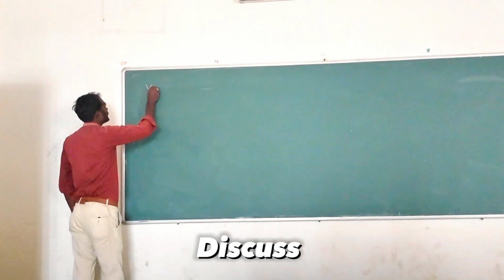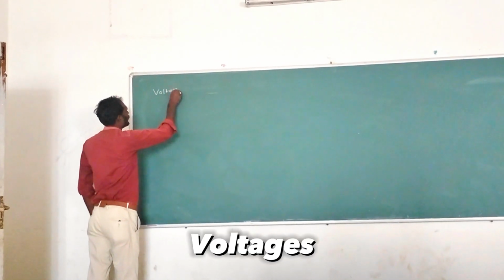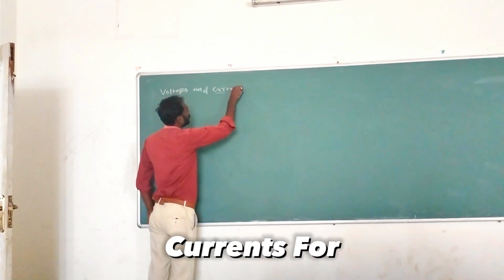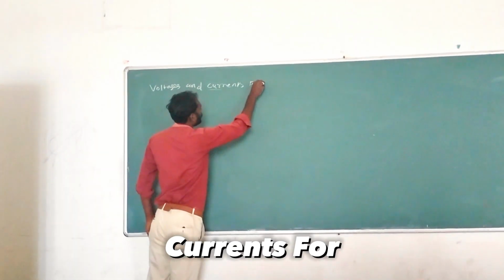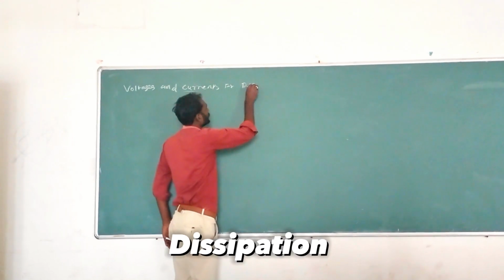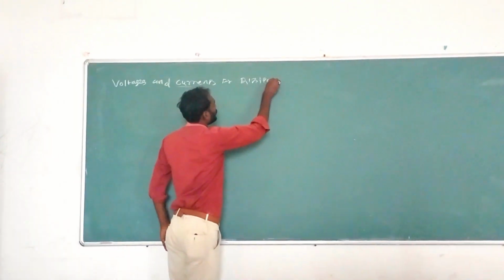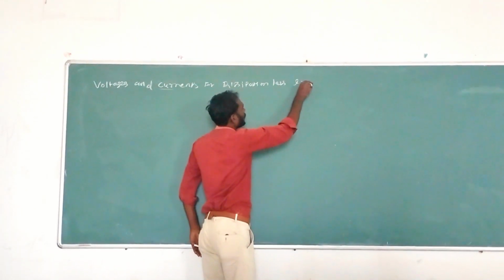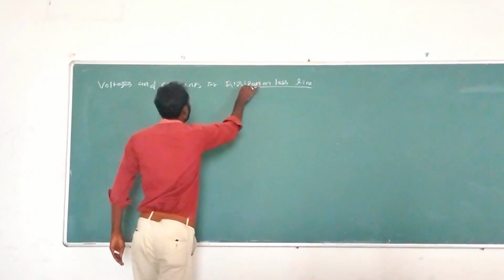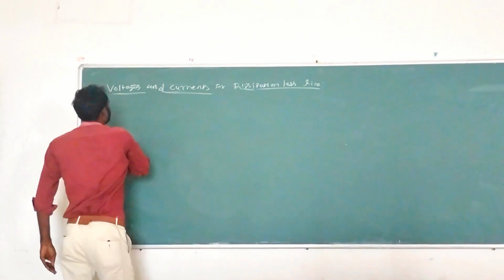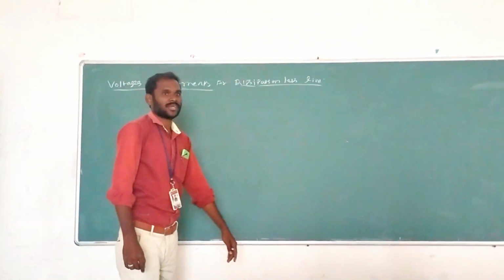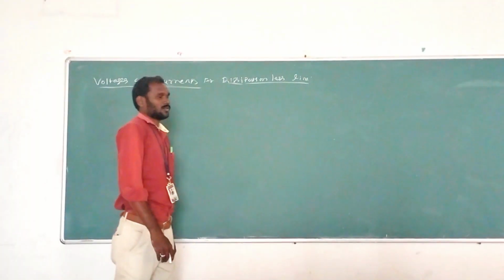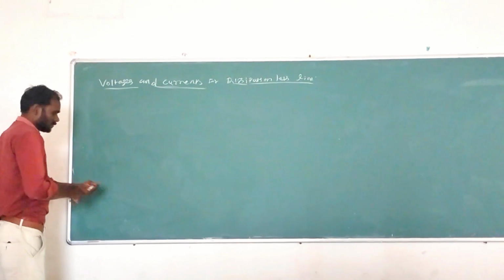Today we discuss voltages and currents for the dissipationless line, right? For the dissipationless line, the attenuation constant alpha becomes 0. So the transmission line